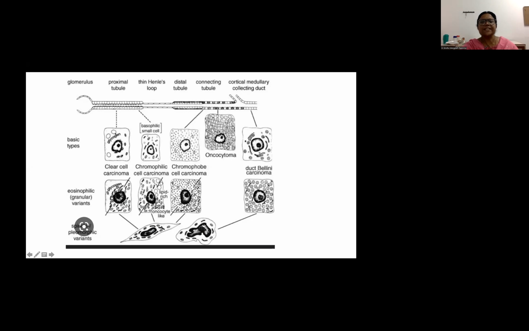The tumors which take their origin from the proximal tubule are the clear cell conventional carcinoma and the papillary renal cell carcinoma, whereas from the connecting tubule originates the chromophobe renal cell carcinoma, whereas from the collecting duct, you have the tumor that is collecting duct carcinoma, or the Bellini duct carcinoma. So when the WHO started off in 1973, they just had a handful of tumors with the various